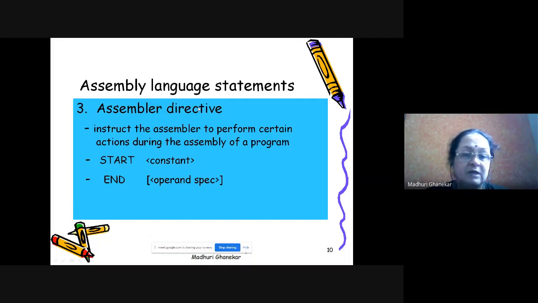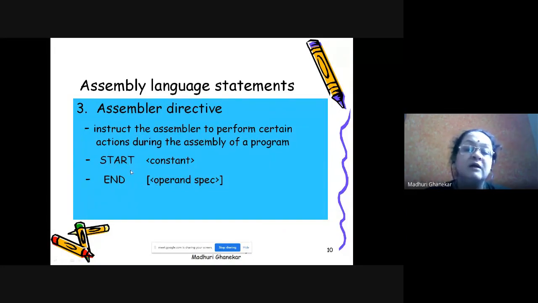Now, which statements are called assembler directive? There are two statements here. In the basic assembly, we call those two statements the assembler directive statements. What does this assembler directive do? It instructs the assembler to perform certain actions during the assembly of a program. What it means, we will see when we learn the START and END statements.